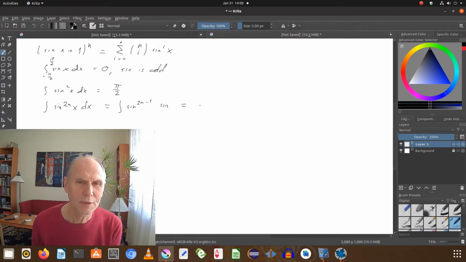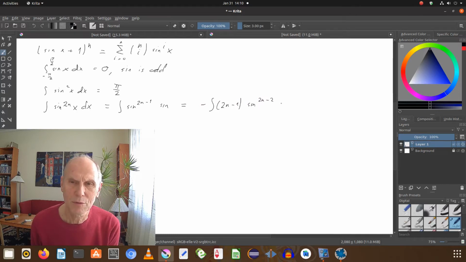So it's minus the integral of this guy differentiated. And the integral of sine is minus cosine. So that eats that, and then cosine squared,